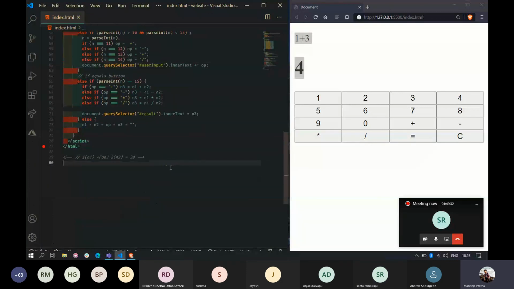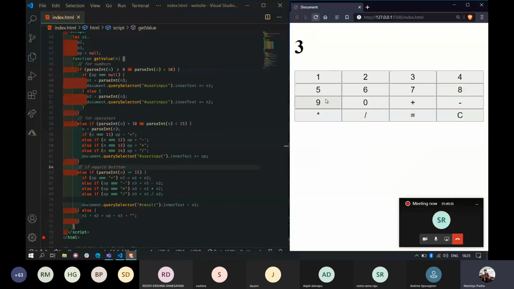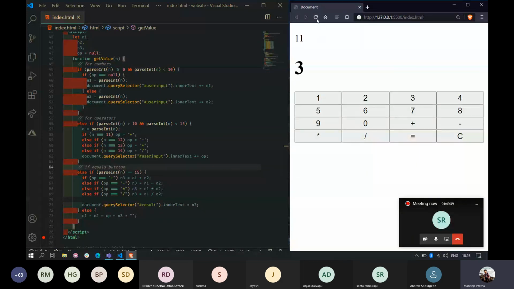So there are still so many bugs in this code. The first bug is that we can't enter multiple values. So 11 plus 7 equals, it still returns only 11 plus 7 will be 18, right? So there is a small logic we missed.